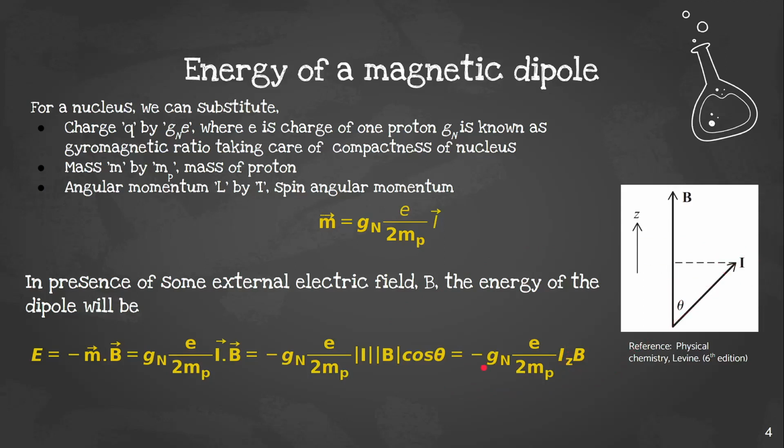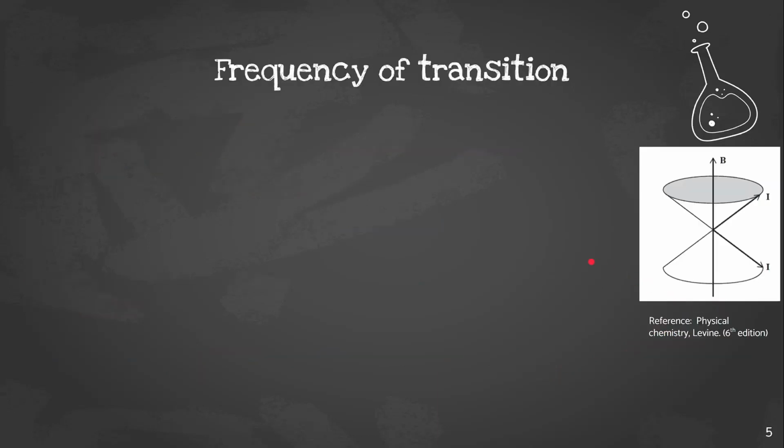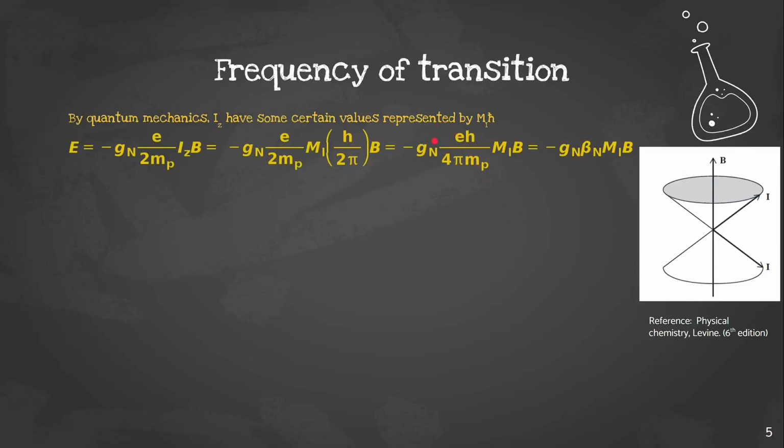So the final form becomes minus Gn into e by 2mp into Iz into B. Now, by quantum mechanics itself, this Iz has some restricted values, let's say from minus I to plus I, and that's why let's substitute that part with mi into h cut. Now the E value will look something like this, and after substituting the value of Iz by mi h cut, we found a new constant, eh by 4 pi mp,